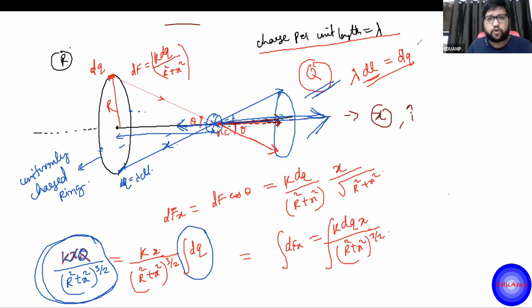Okay, so I hope there is no doubt. You have to remember the expression. We can't go deriving the formula in the examination. You have to keep in mind, remember the standard result. There is no other option than that. You have to remember the formula: at a distance x from the center of the ring, what is the electric field? This much. You should know. This is how we get to the result, but you have to remember it.